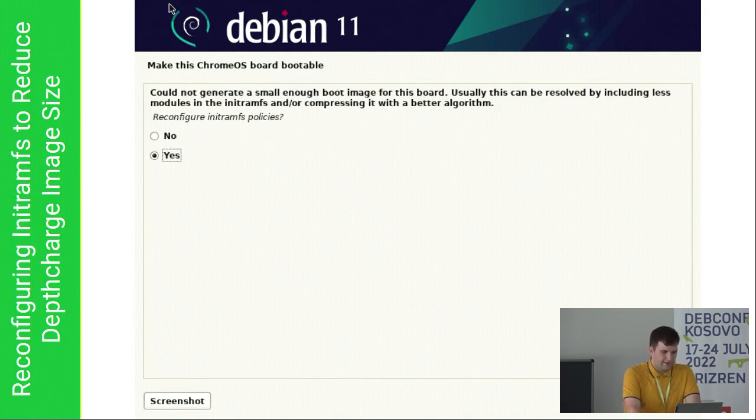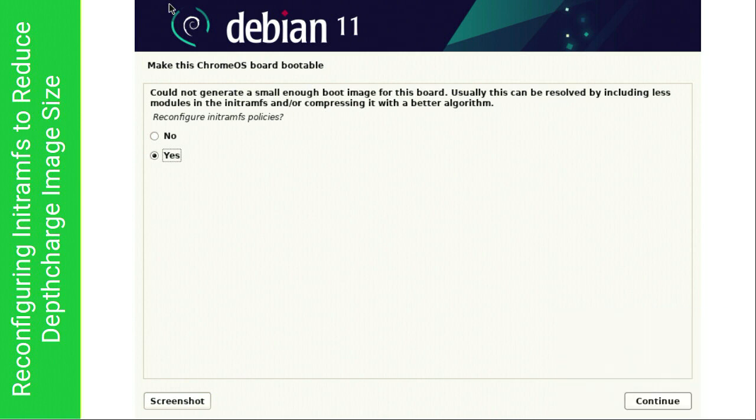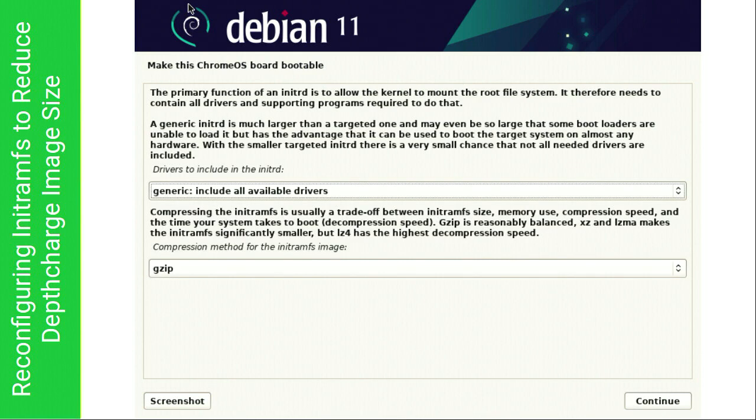If it fails, it says it could not generate a small enough boot image. Do you want to reconfigure initramfs policies? At this point, saying no is a failure of the installation, so you just go with yes. Then there are two DebConf questions, the first of which is already in the Debian installer at a low priority, asked in base-installer, I think,